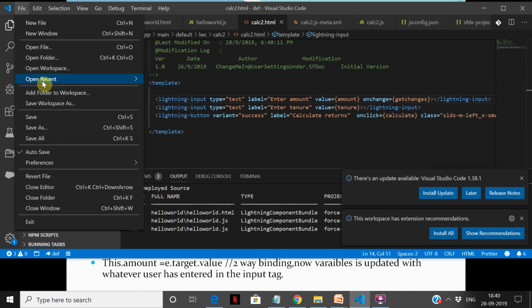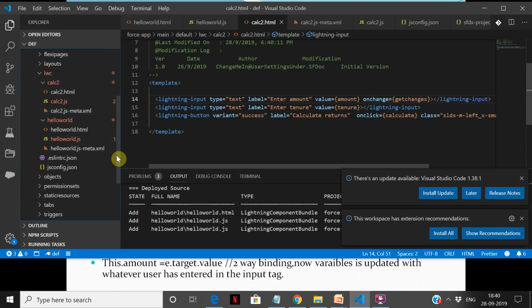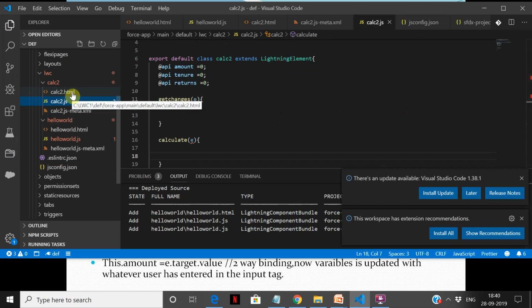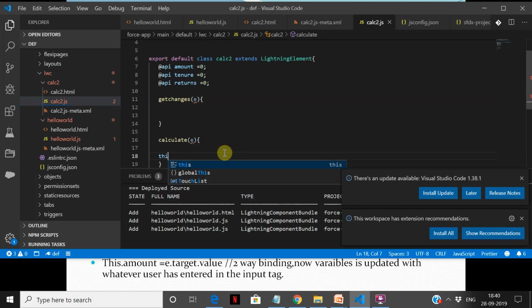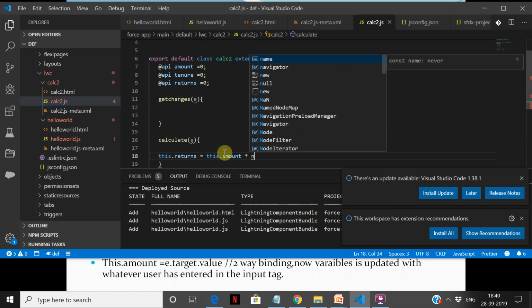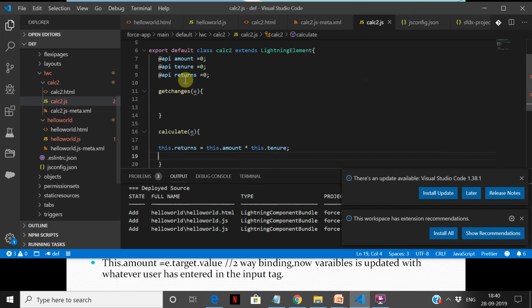Alright, so I'm going to save all of this, and first and foremost, and also in the calculate, I'm going to set the returns to this dot amount into this dot tenure. Just for now, it's not the most best of calculation. So this is a simple calculation here.